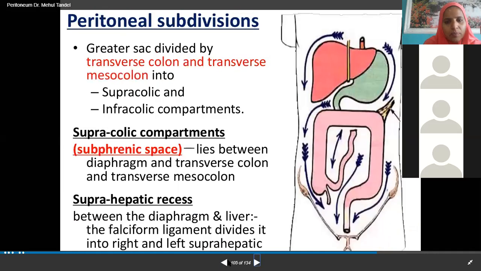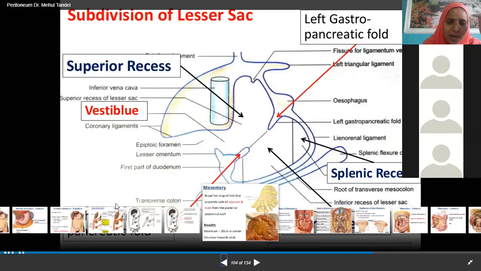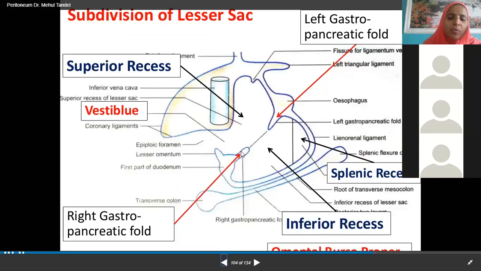Now see here. So now this is nothing but the right gastropancreatic fold extending between the stomach and pancreas. Okay, this is the left gastropancreatic fold. These are the folds of peritoneum which are found behind the stomach. That means between the stomach and pancreas, these two folds are there which are dividing the lesser